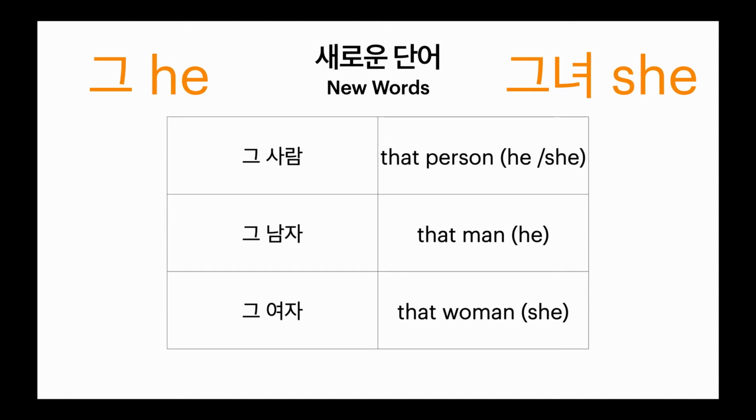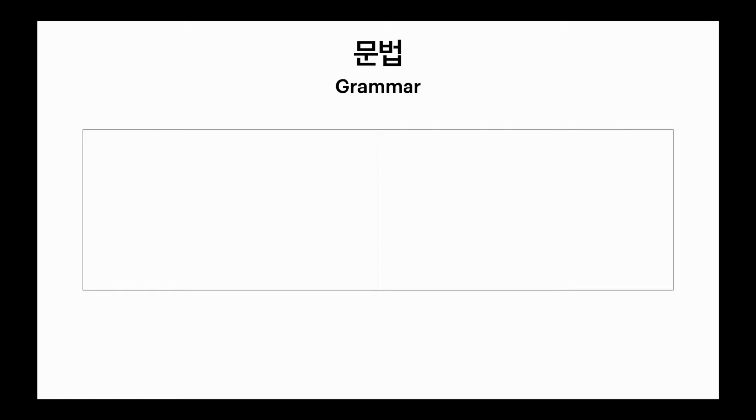And the only times that I do hear these words are honestly when I'm explaining grammar. So if I'm explaining grammar from a textbook, then we'll translate things using he, 그, and she, 그녀. But when it comes to actually speaking, I literally never hear them say this. So today we're going to practice 그 사람, 그 남자, and 그 여자. Now this 그 for he should not be confused with the 그 for that. They sound exactly the same, they're spelled exactly the same, but they're not the same word. Okay, so back to the 문법 grammar.